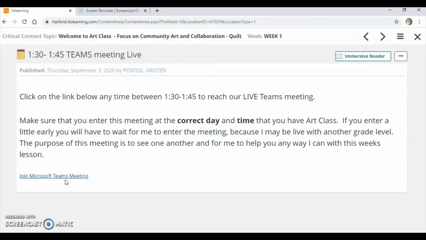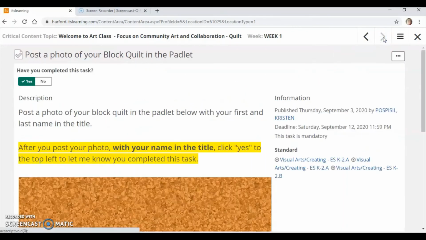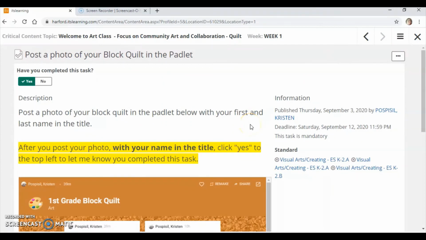The purpose of this meeting is to see one another and for me to help you any way I can with this week's lesson. At the end, and this is the last page for the lesson, you will have a page that looks like this, and actually it's going to say no first. So,